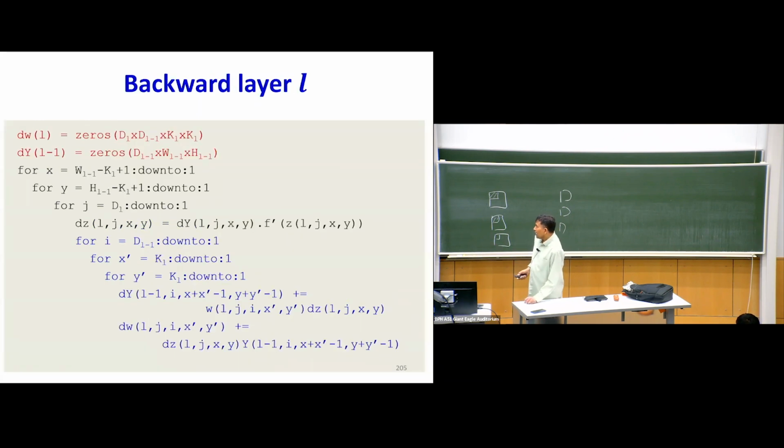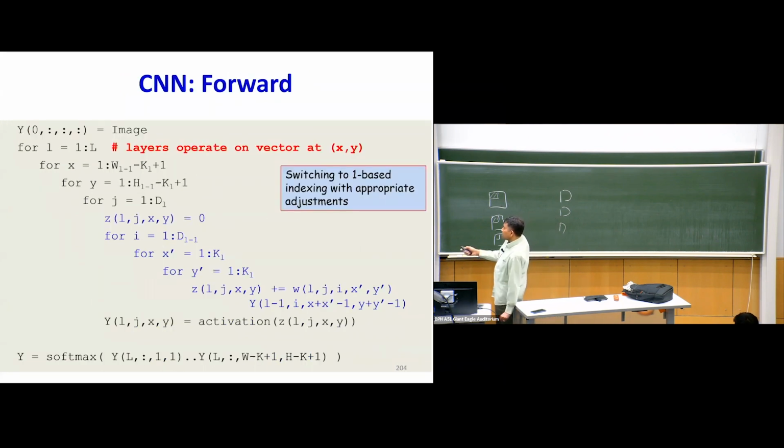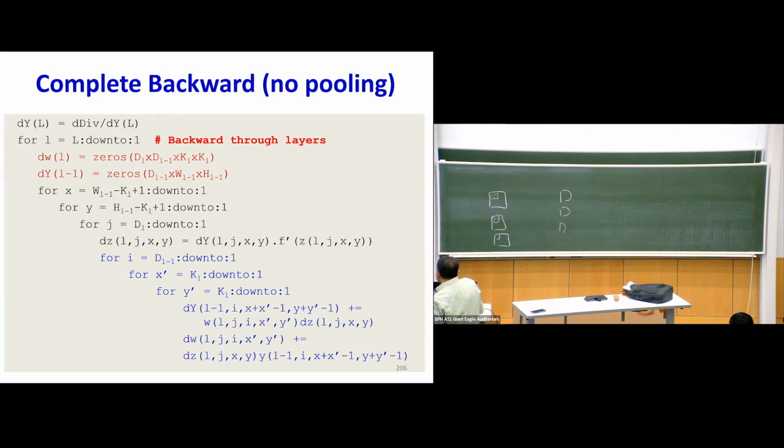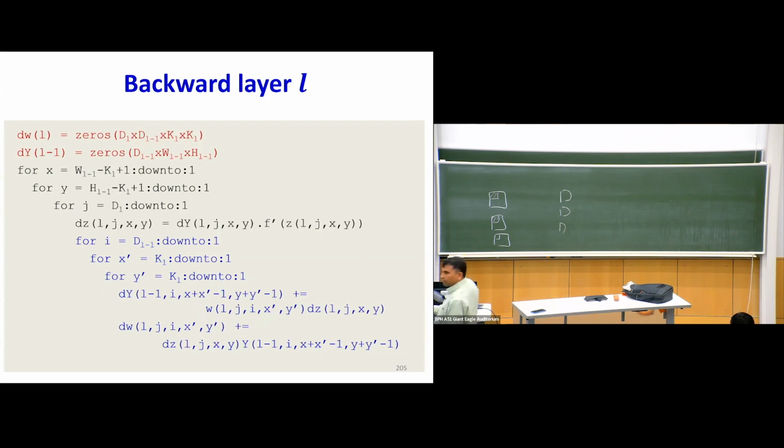And then within each position, instead of going from 1 to the final position in X and 1 to the final position in Y, I'm going to go from the final position backward to 1 along X and also along Y, okay? Then instead of going down these filters from top to bottom, I'm going to reverse the order, bottom to top. All I did was reverse the order of the indices. It's still the same code, right? And then over here,